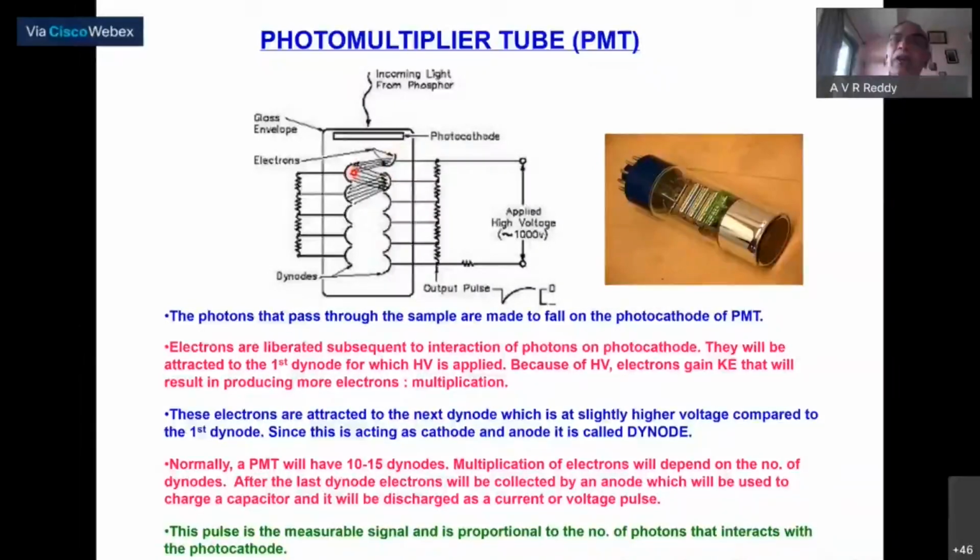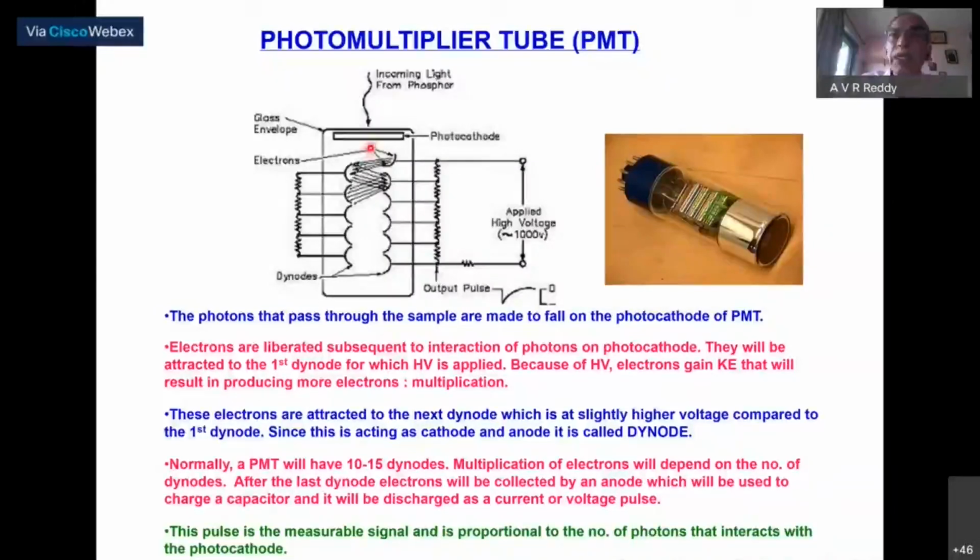So at each dynode, multiplication of signal will take place, and at the end, use an anode and a deflector and collect all the charge produced across a resistance, and you can convert this into a voltage pulse or charge pulse, generally a voltage pulse. So this is the thing you have to remember. You have to have a material which is very efficient at converting the initial photon, to undergo the photoelectric effect so that an electron is produced. Photoelectric effect, if you remember, from yesterday's class.